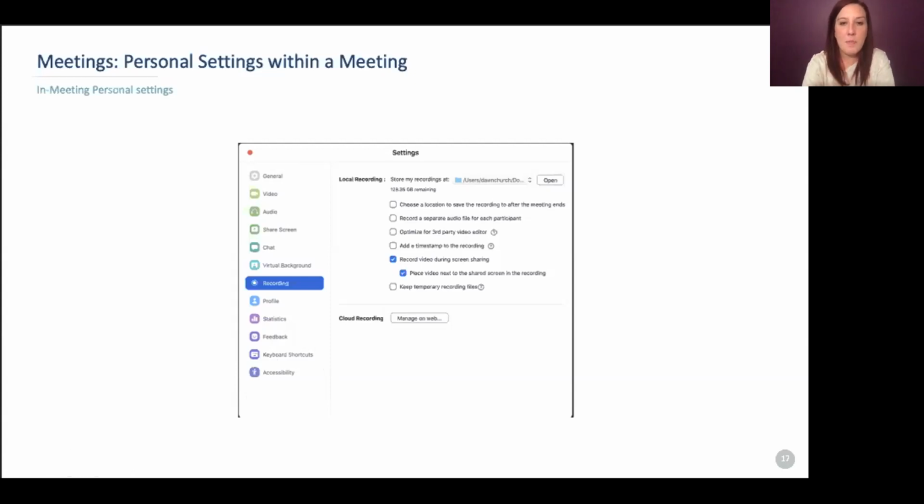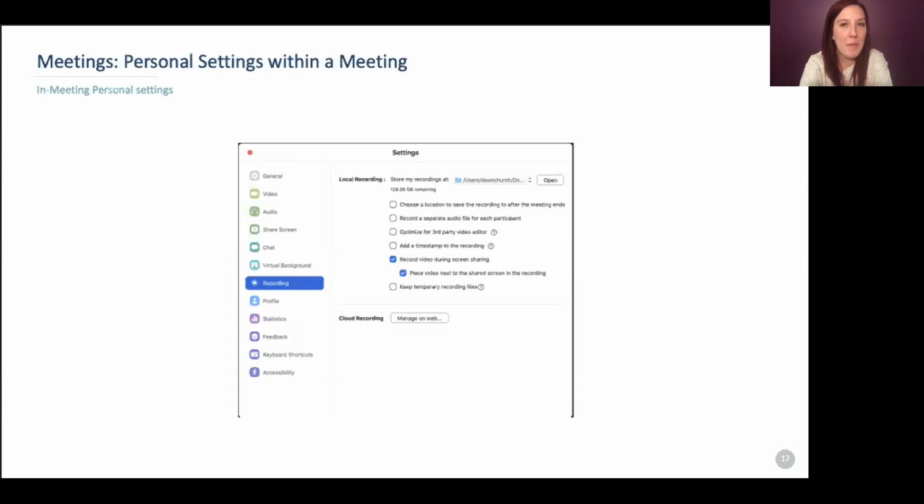So that you can access these settings once you're in the meeting, just like you showed. Mm-hmm. And then you can also access these settings in the desktop app, the abbreviated version of the settings, I believe, in the desktop app. But the web app is where you get all the details. Is that right? Yeah, so most of these settings, so you have settings in a couple different places.